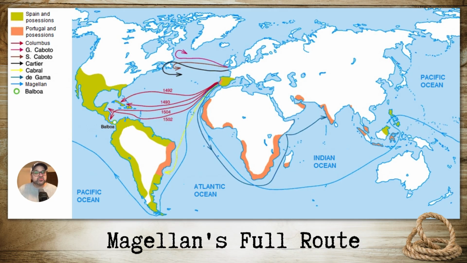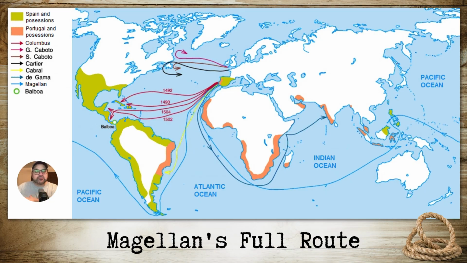And this map here is really just a great reference point for some of the general routes of the major European expeditions during the entirety of the Age of Exploration. Magellan's full route is marked out in light blue. Again, remember, this is really just general. Nobody was there. There was no GPS. We didn't have like a tracker on these folks. So they're really general as a whole.